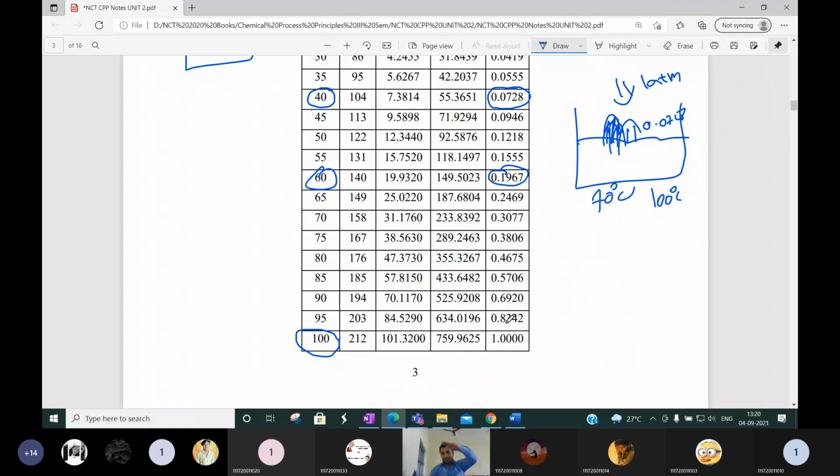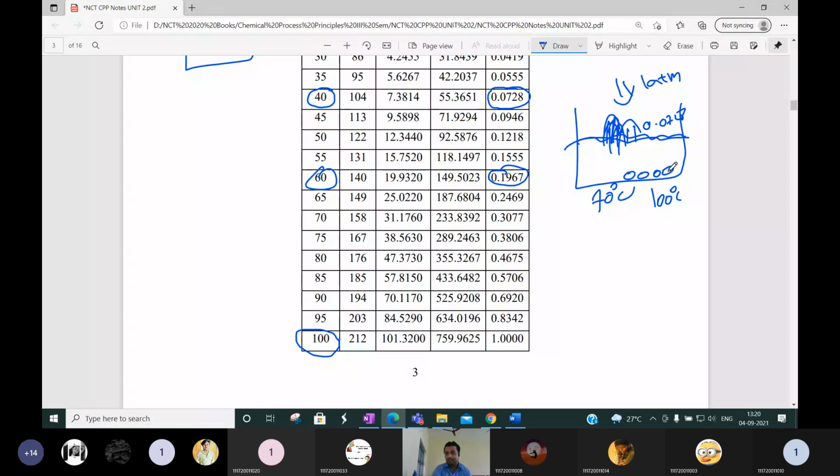Now this vapor pressure is 1 atmosphere, external pressure is 1 atmosphere. Okay, so this external pressure will be equally balanced by this vapor pressure. So now what we can observe is this liquid layer will have less pressure on it, we don't have the effect of this pressure because this external pressure will be counterbalanced by this vapor pressure. At that time, what will happen?